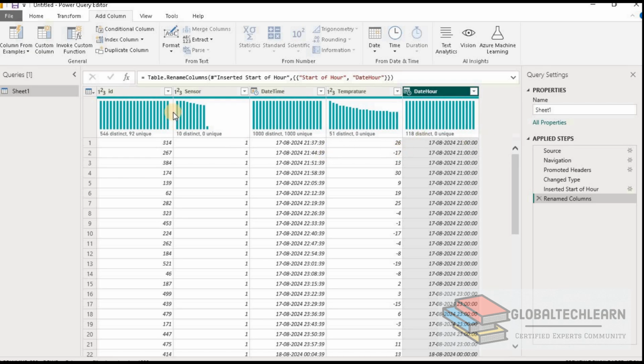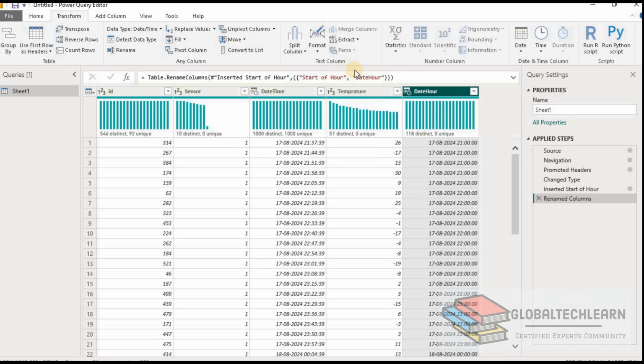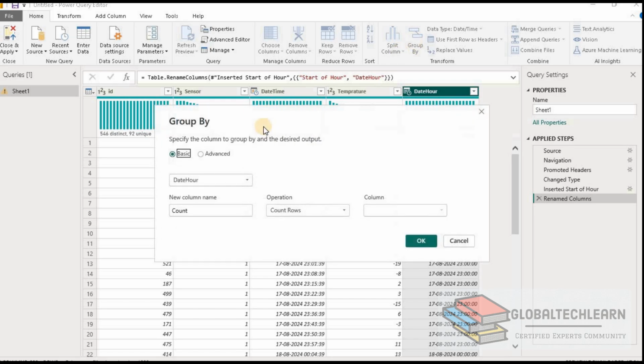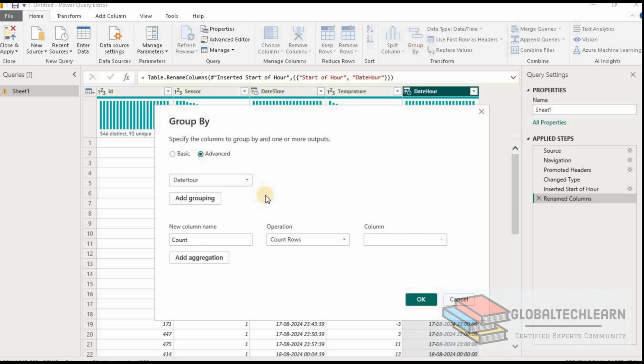Now let's aggregate this data based on this new field. Let's go to Home, and then click on Group By. Here we need to select Advanced as we want to aggregate based on multiple fields.